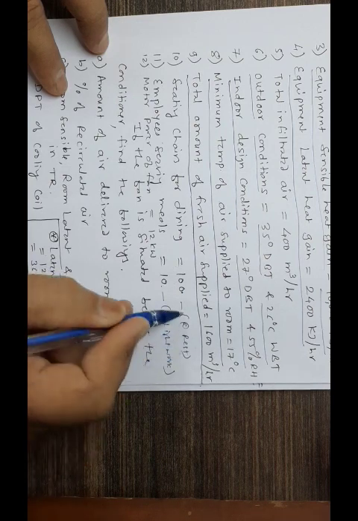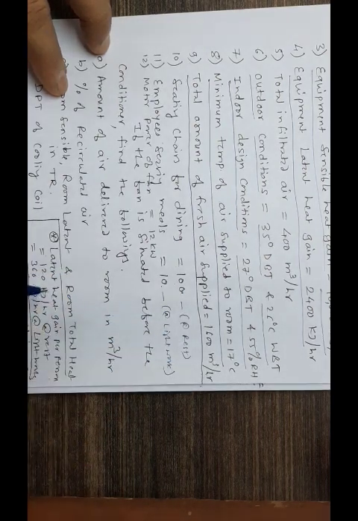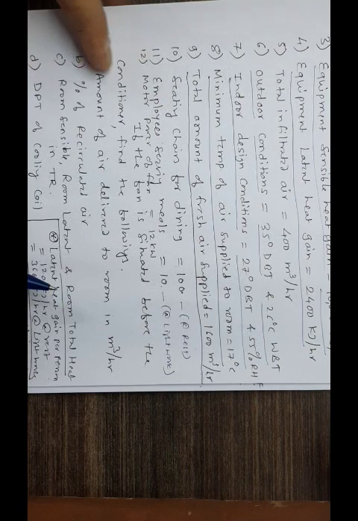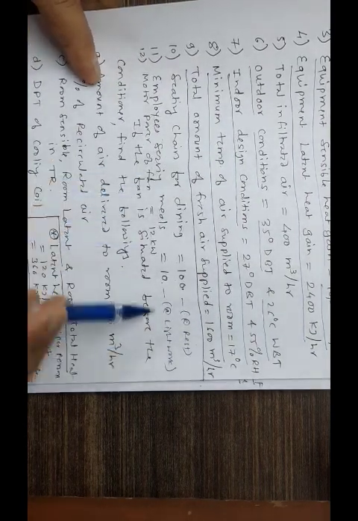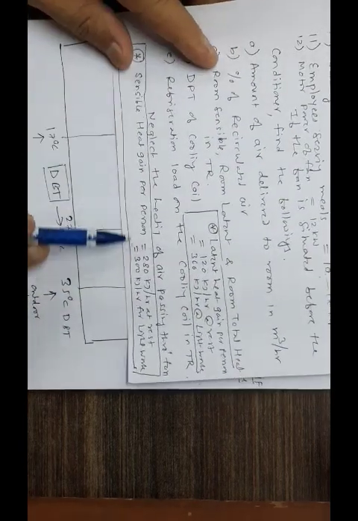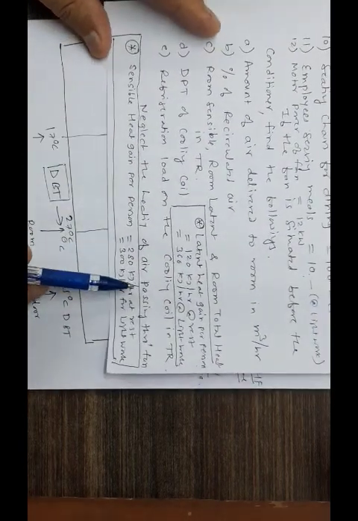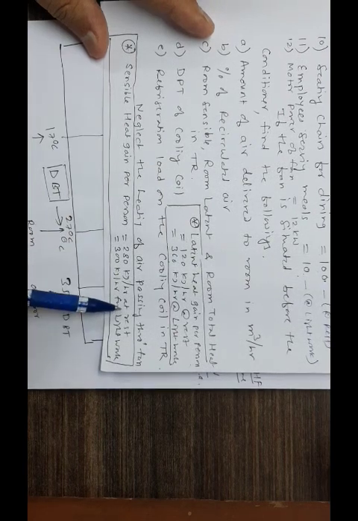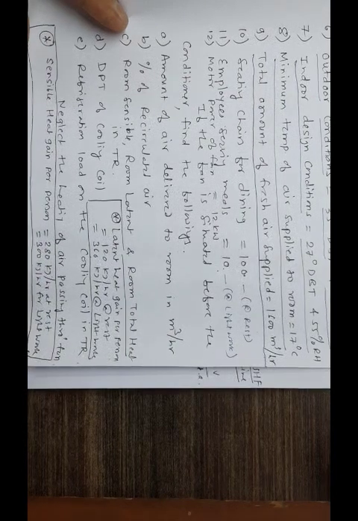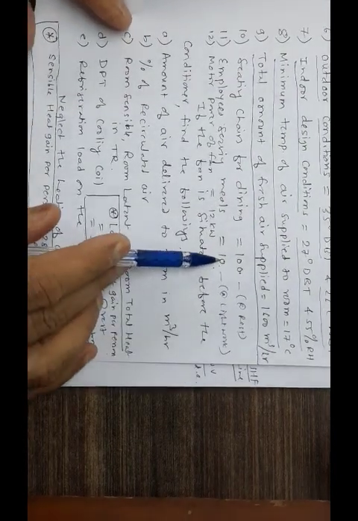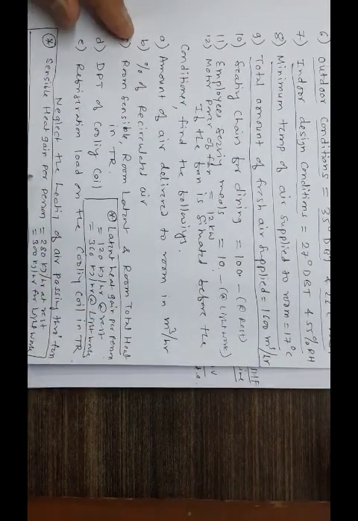Obviously, it's not given to you in the problem. You have to consider this assumption and then go with it. So if people are at light work and rest, these are the conditions. So these are the sensible heat gains from the people, which is 280 multiplied by how many are at rest. 100 are at rest, 280 multiplied by 100. 300 for light work, 300 multiplied by 10. That is a part of your sensible heat gain.